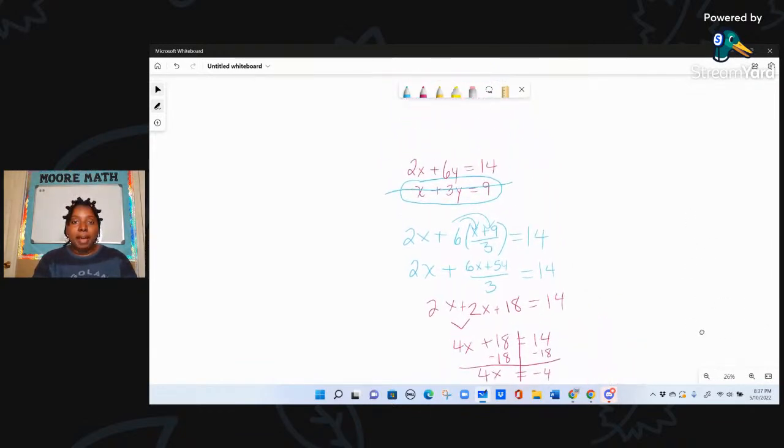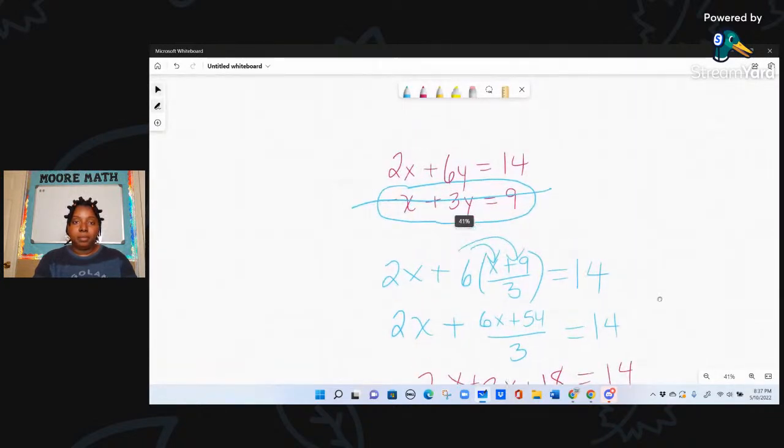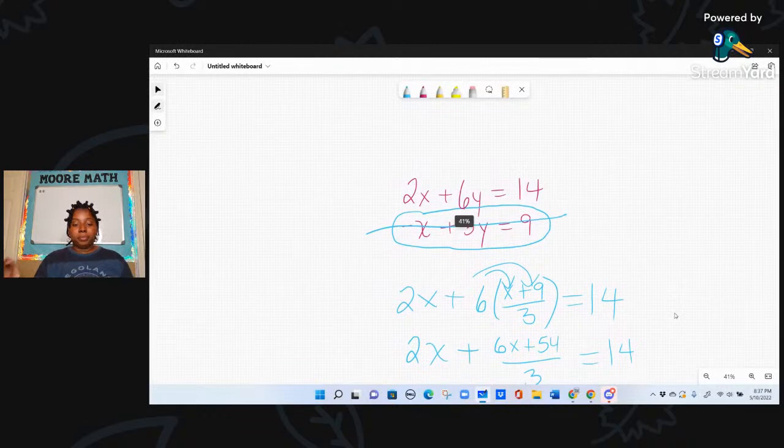So let's just recap. I'm going to zoom back in. Offline and user, let me know. Okay, it helped. So you have 2 equations, and you just decide which one is going to help you find